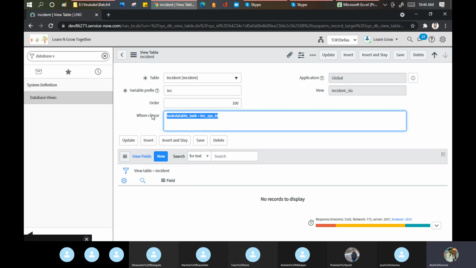If you remember the SQL query, select star from table name where roll number is this or city is this or designation is this. This is that where clause. If the incident sys ID is matching the task table sys ID, that particular record, only then bring that record into the report. Otherwise, don't bring it for me.